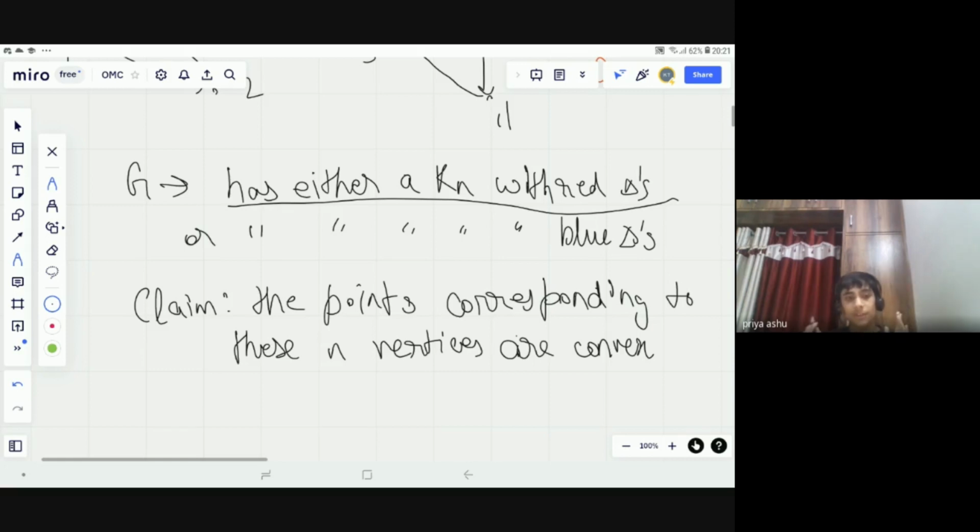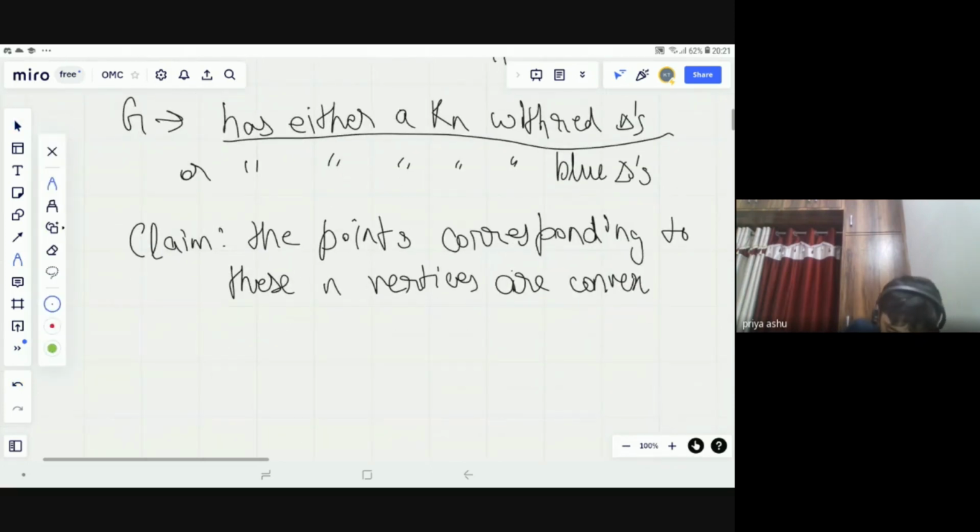So the endpoints which correspond to these n vertices are convex. That's what we claim. To prove this,